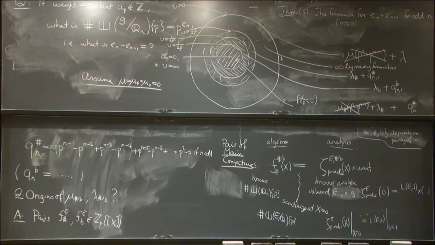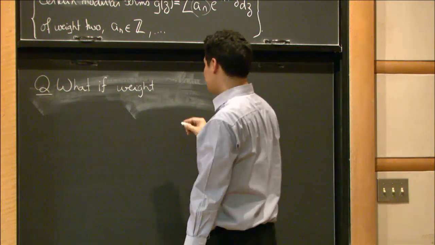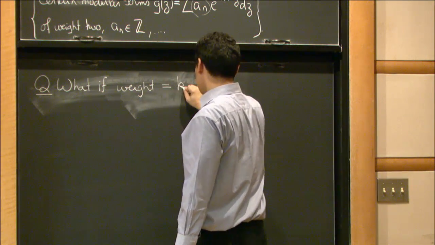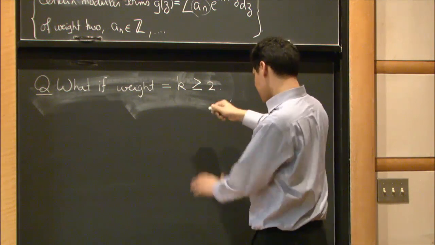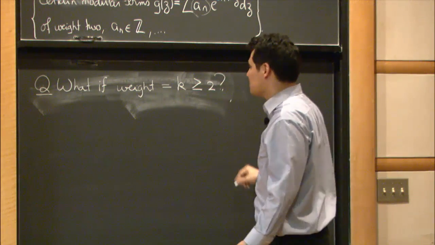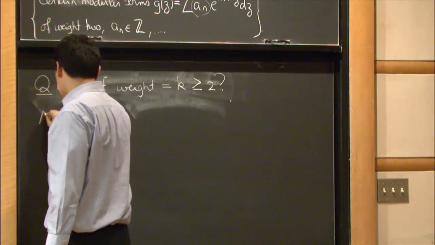So this is the weight 2 case. You can now ask, what happens when the weight is higher? So what if the weight of this modular form G is even higher? So we're getting farther and farther away from the world in which the modular form comes from an elliptic curve. So let's say the weight is equal to some integer k, not necessarily 2, but greater than or equal to 2. Well, the answer in this case is that